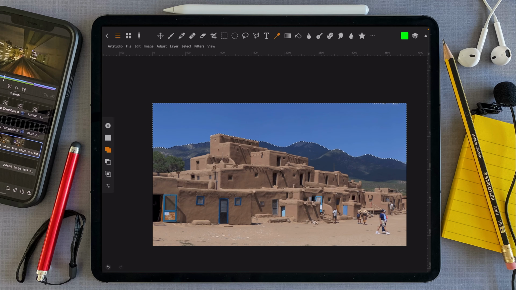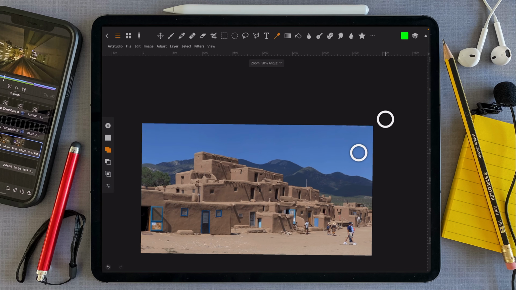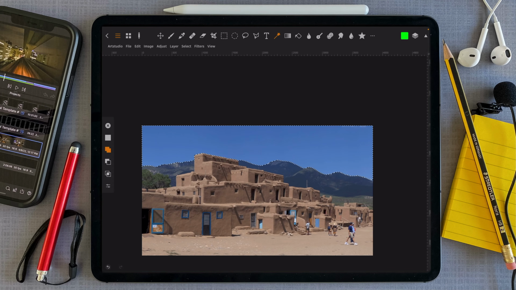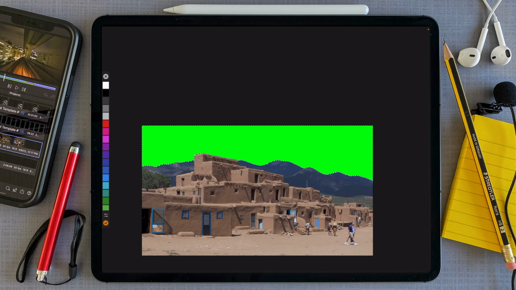So we just tap once and then you can see because it's a relatively clean blue sky, it's picked everything up. It has missed this little bit up here in the corner, and all I really need to do is then just tap again and just clean up the selection so that the whole thing has been picked up. Now you could, if you needed to, feather the edge slightly, but I want quite a crisp edge. And then all I want to do is go to Edit, Color Fill, and I've already got a Chroma Key